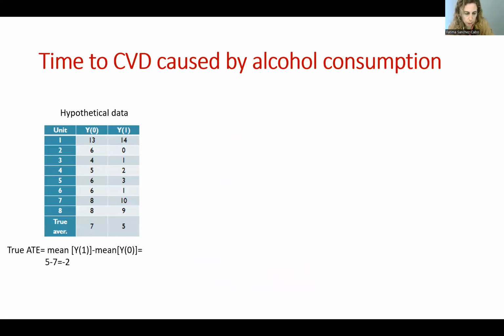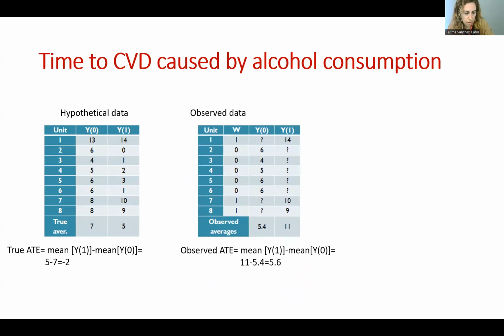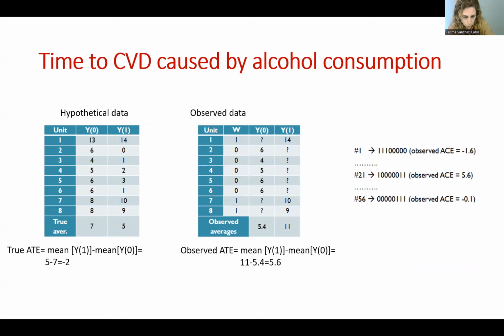So in the previous situation, the true average treatment effect that we calculate differs very much from the observed average treatment effect. And why is that? Because we don't have a variable that randomizes the assignation of the individuals to the groups. We have other ways to cope with it, but